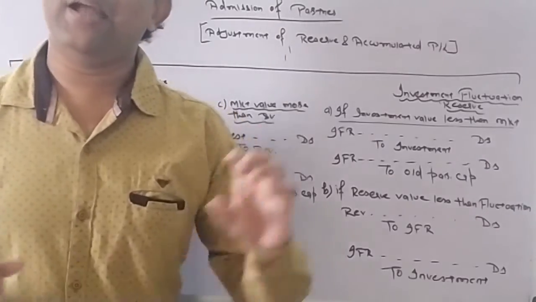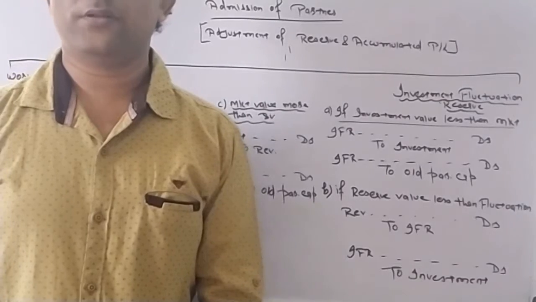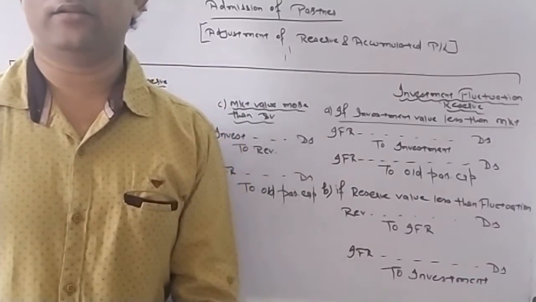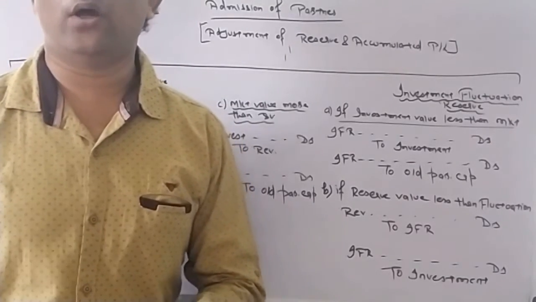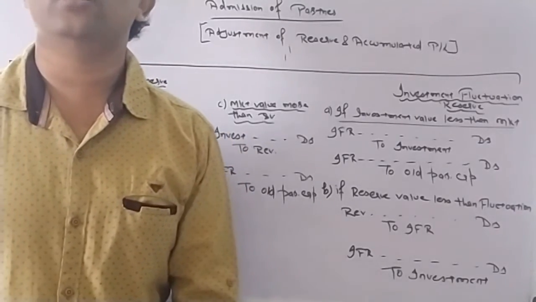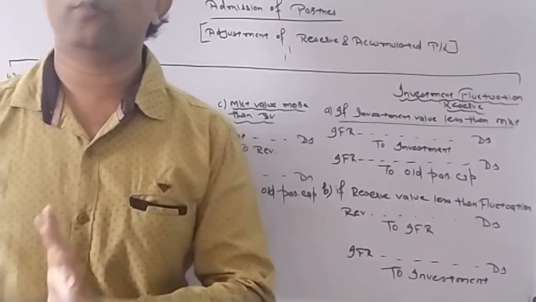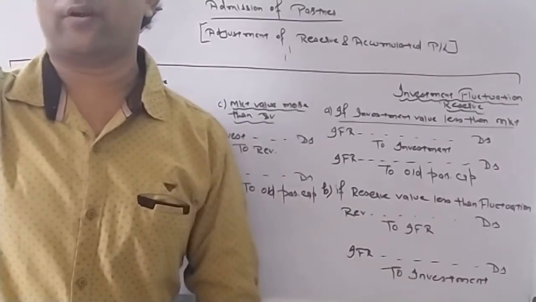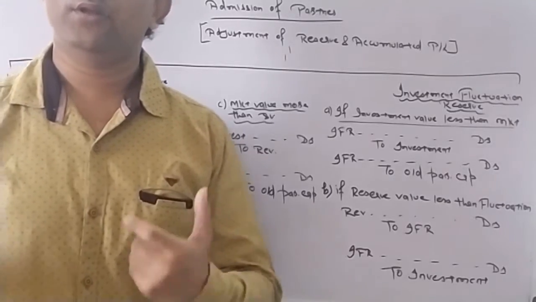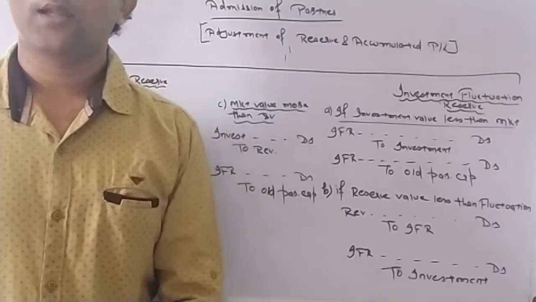Now, let's say I have a reserve of 5,000 and 15,000 is my investment. The sum doesn't say anything about whether the investment has gone down or up. The sum is silent on that. Don't take any tension. That investment fluctuation reserve will be distributed among all partners. Investment fluctuation reserve account debit to A's capital and B's capital. In the old ratio, we will distribute it. Done.